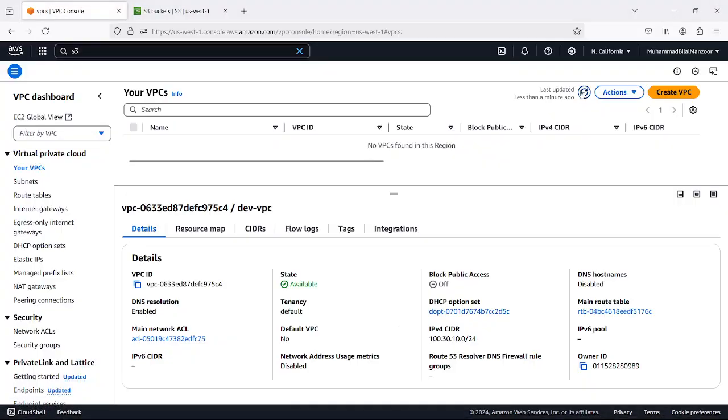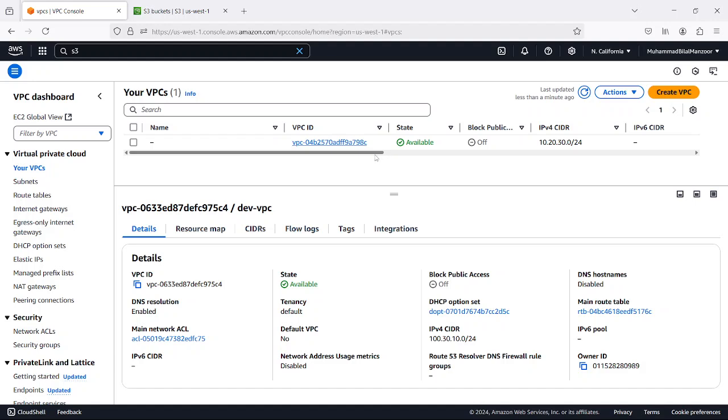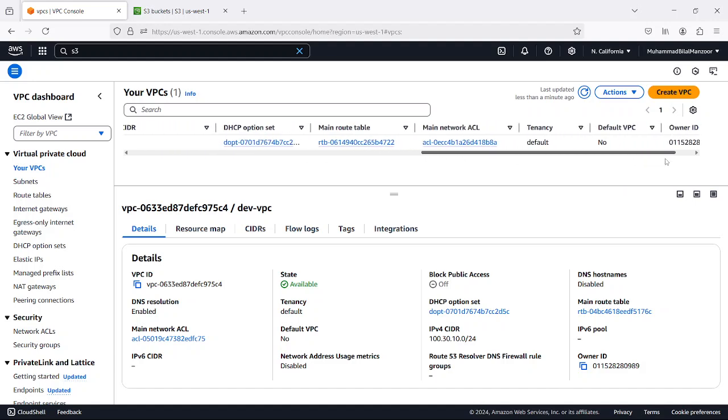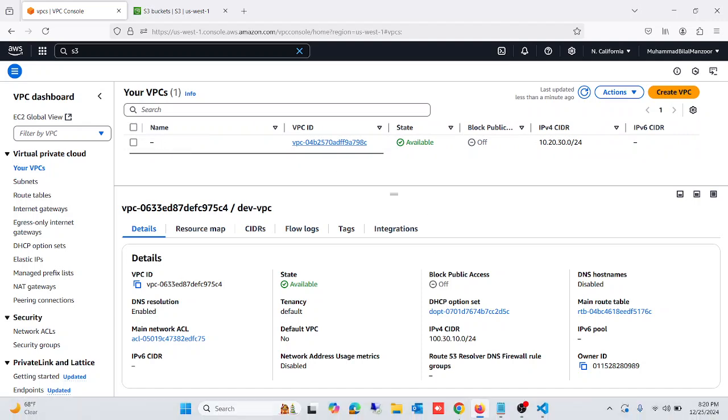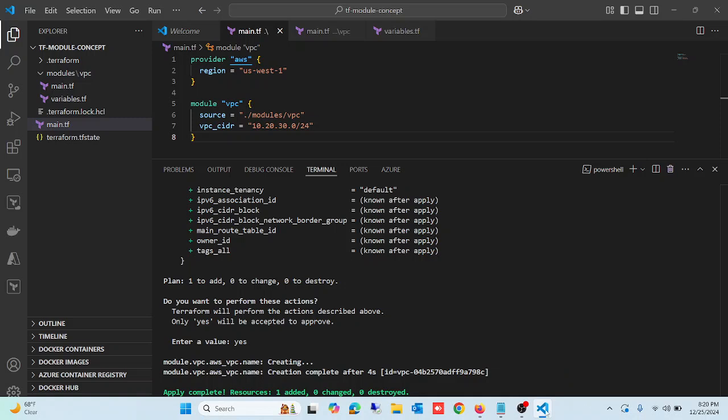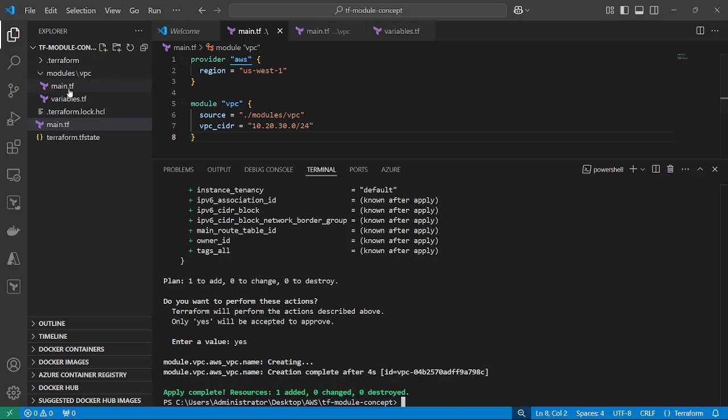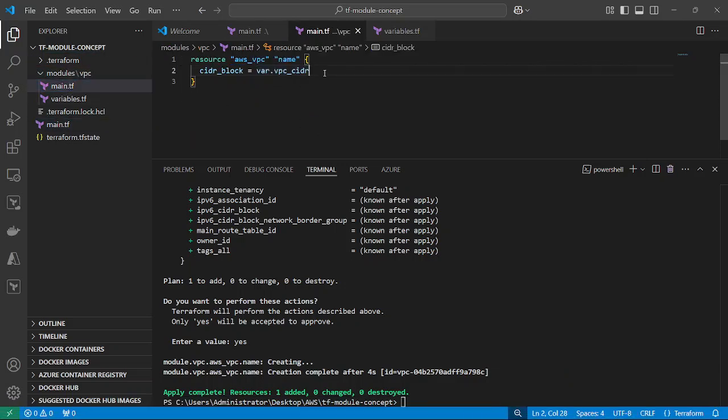We go here, just refresh. You can see the VPC is created. A very simple setting we did by creating a Terraform module VPC. So far, the name is also not given. So to set the name, we did in the module, what you will do, you will update the module, and